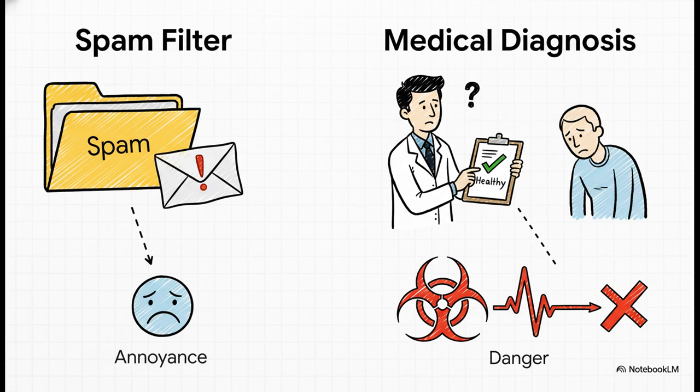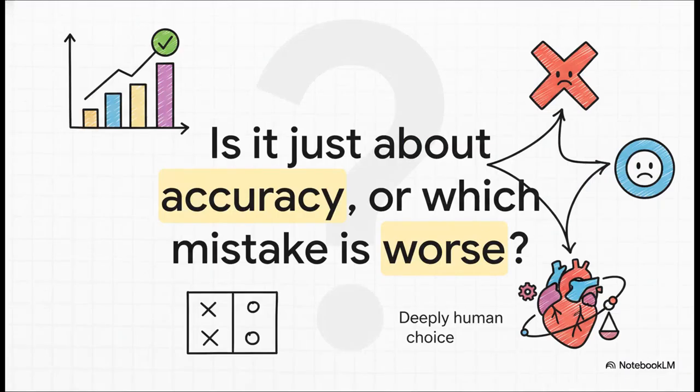Now, let's flip the script. Imagine we're not detecting spam. Imagine we're detecting a life-threatening disease. In that case, a false negative, telling a sick person that they're perfectly healthy, is, well, it's catastrophic. The stakes just could not be higher. And that's really what this all boils down to. When we build these kinds of systems, it's never just about chasing the best accuracy score. The real question we have to ask ourselves is, what kind of mistake are we more willing to make? It's about understanding the real-world consequences, and that choice turns a simple algorithm into something that's actually, well, deeply human.